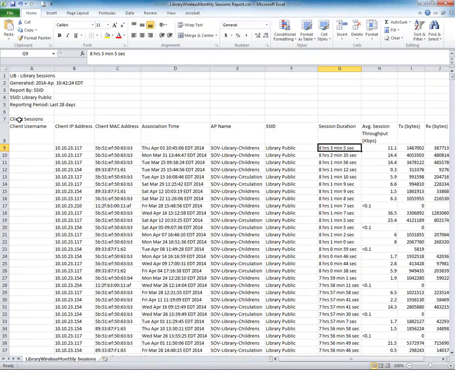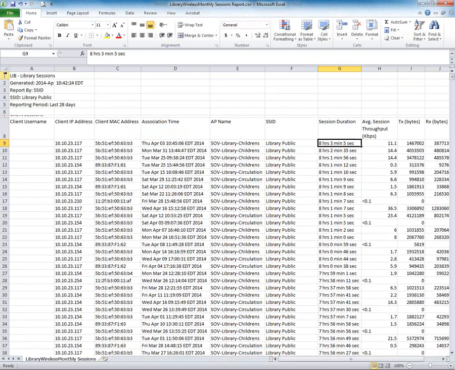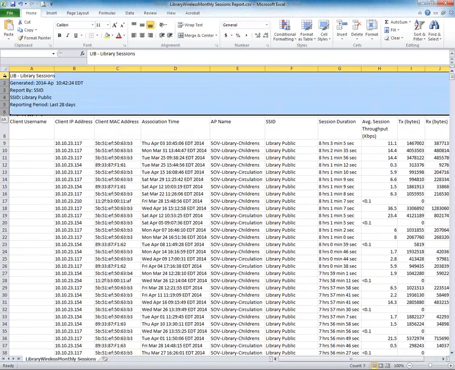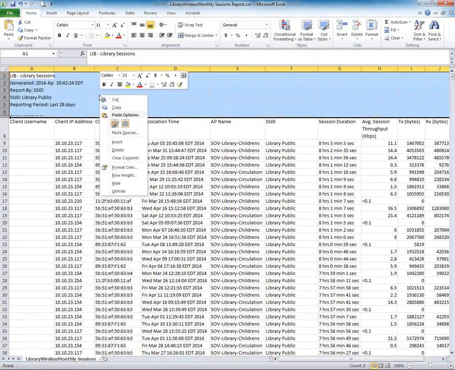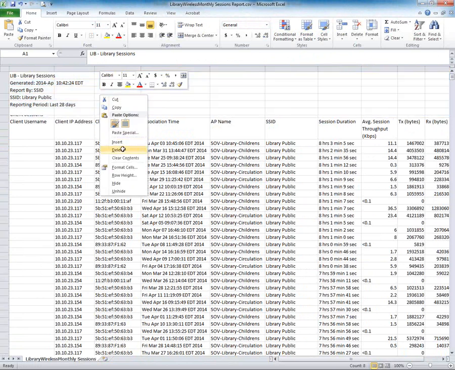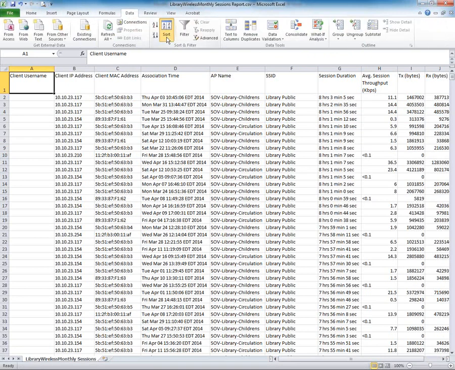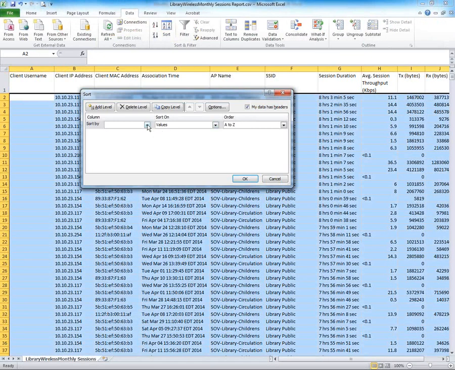I think what I'm going to do is just delete these lines right here from this spreadsheet so it will be much easier to sort. Okay, and delete. So now I can sort and say my data has headers and sort by client MAC address